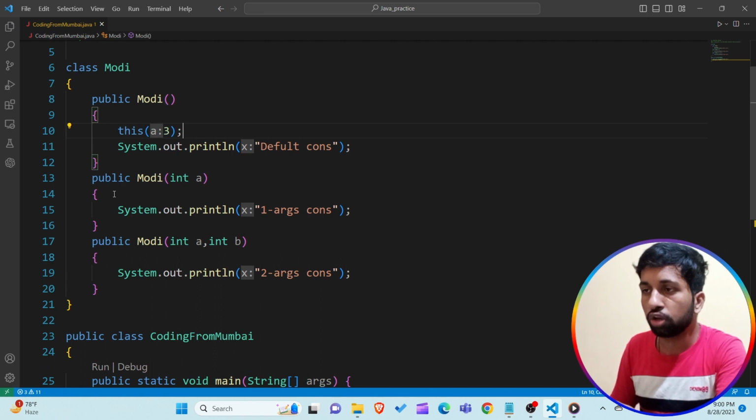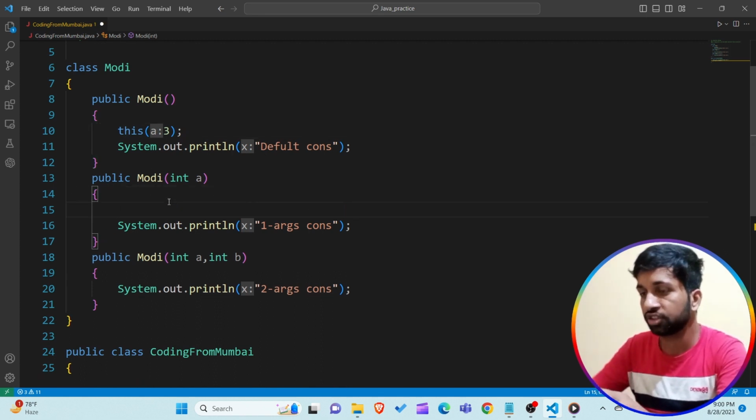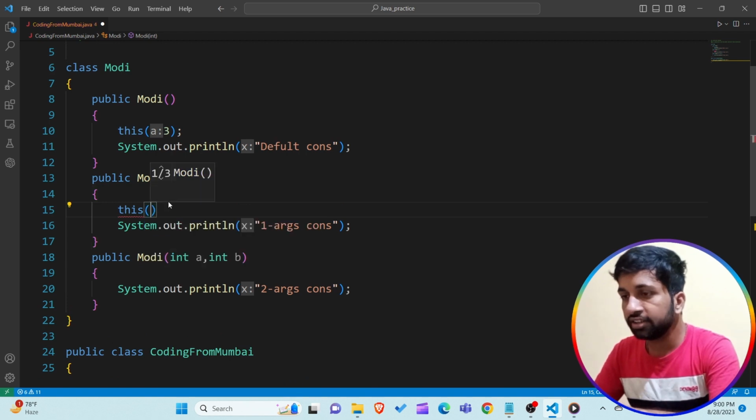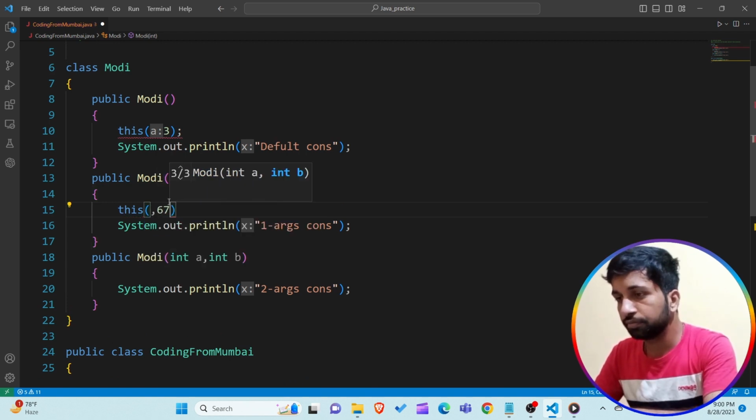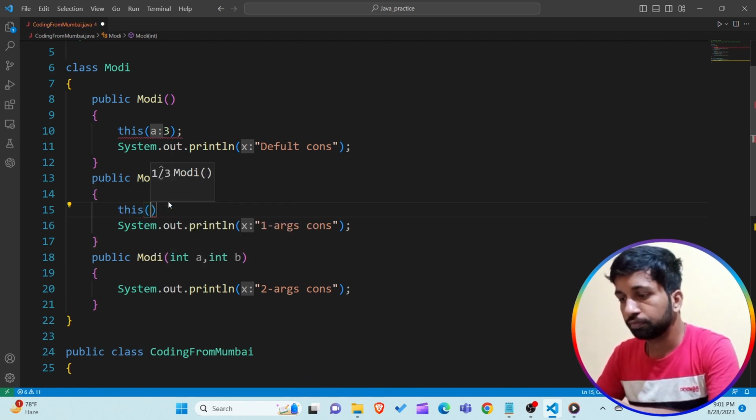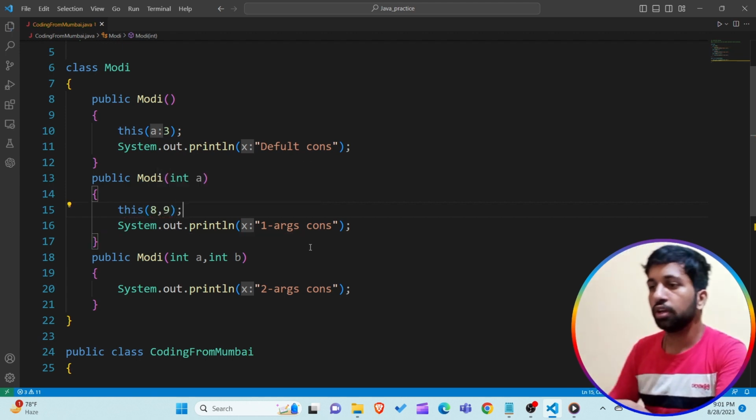So I just want to call this particular constructor. In this particular Modi constructor, the second constructor, I just want to call this remaining constructor. Okay, so